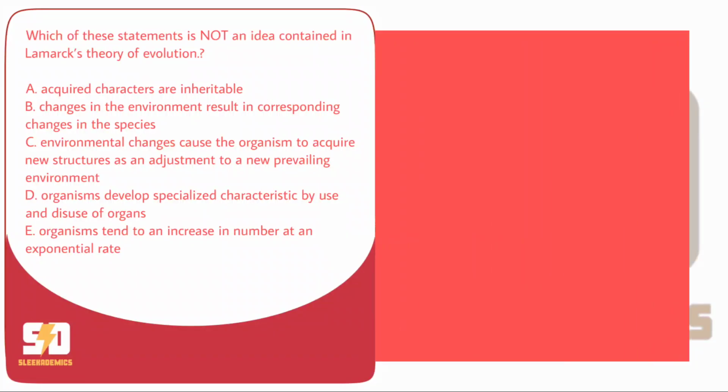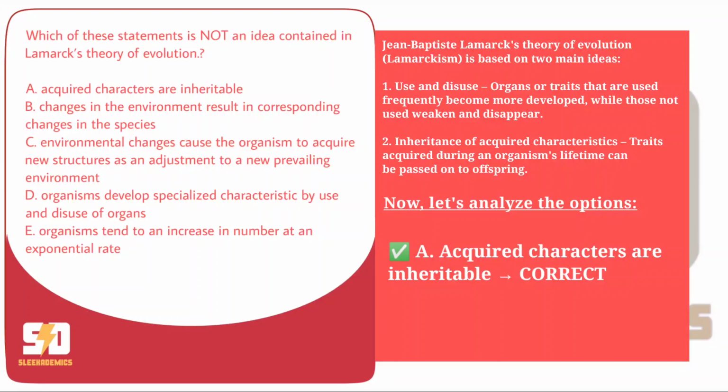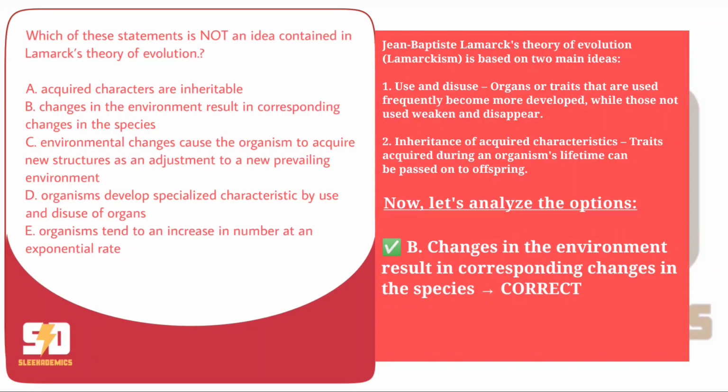First, let us examine Lamarck's theory of evolution, which is based on two major ideas: use and disuse, and inheritance of acquired traits. Now let us go back to the options. The first one says acquired characters are inheritable. This supports Lamarck's theory that acquired characters can be transmissible from parents to offsprings. Secondly, changes in the environment results in corresponding changes in the species. This is also correct. Lamarck believed that organisms adapted to their